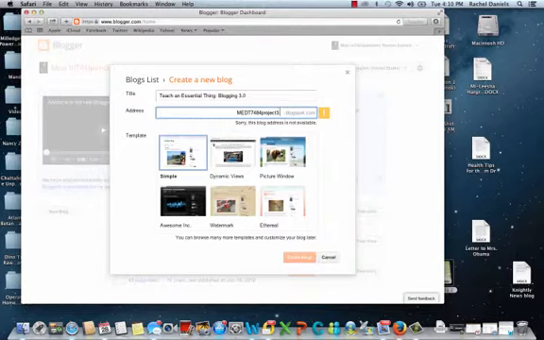I'll say 3.0. Will that work? Nope. How about we just say project? That'll work. So the address I use is MEDT7484project.blogspot.com. So we have created a title, Teach an Essential Thing, Blogging 3.0, and we created a URL address,